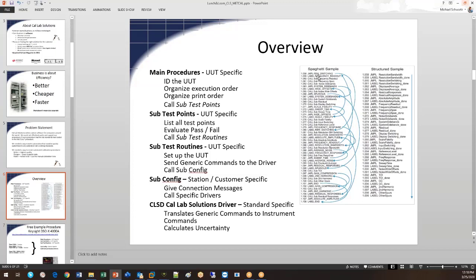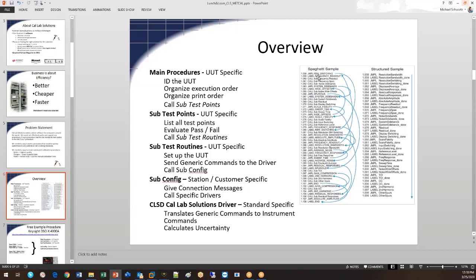So instead of coding in specifics to a 5500 driver, we call out what function capability we need out of that driver, put it together in name value pairs, and reach out and call it. Then our test routines are going to call our SubConfig,